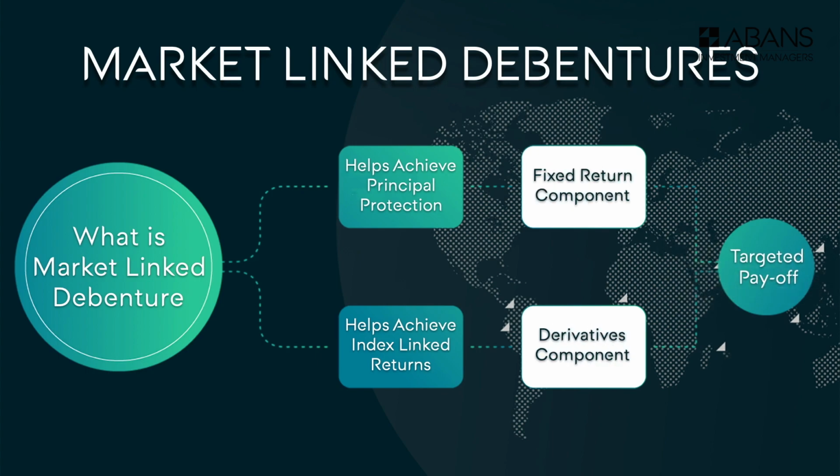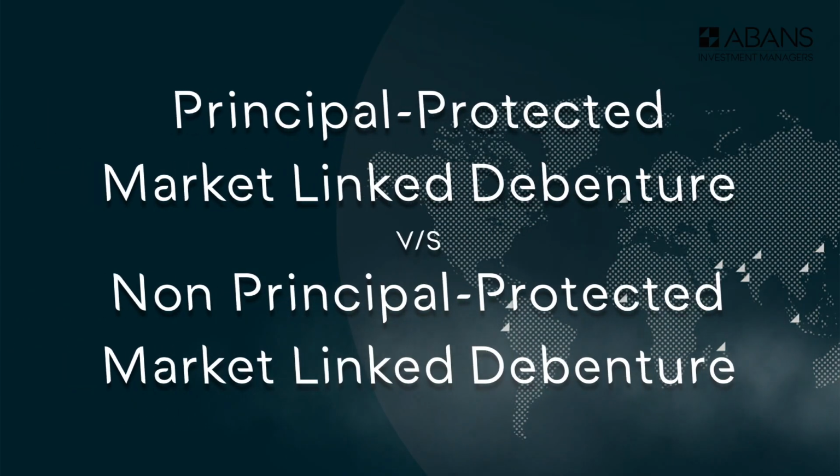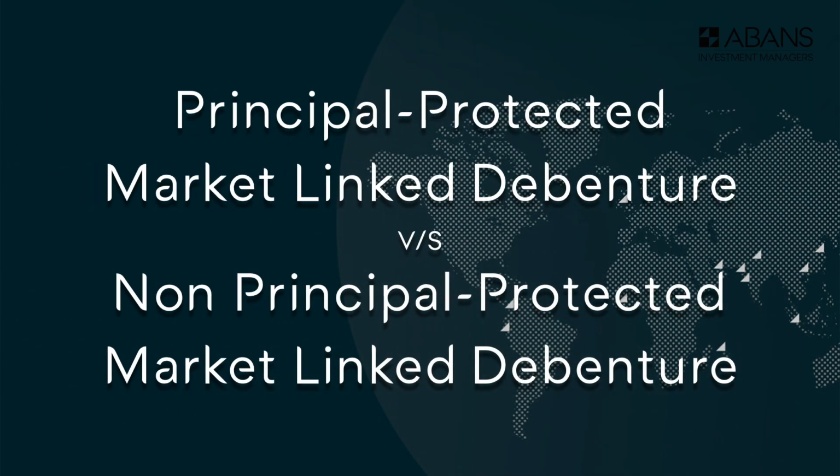Market linked debentures can be of many characteristics, such as principal protected market linked debenture versus non-principal protected market linked debenture. Let me give you an example. If you invest in a Nifty linked debenture which has a starting point of let's say 18,000, it's a 2-year investment. Say it says that if the Nifty grows another 30% in 2 years time, you will get say 1.3x or 1.4x of that, which is known as a participation, that you get 130% or 140% participation.